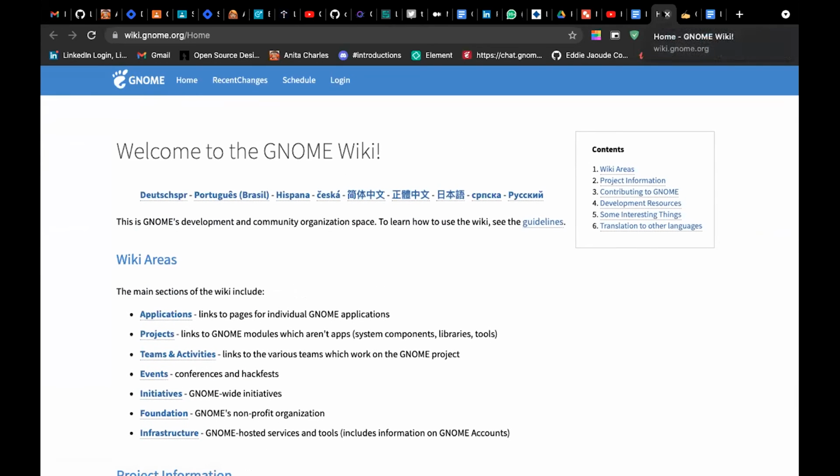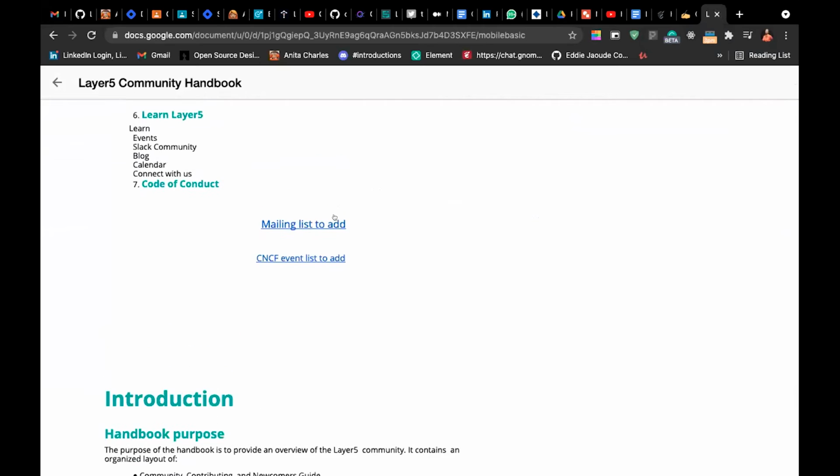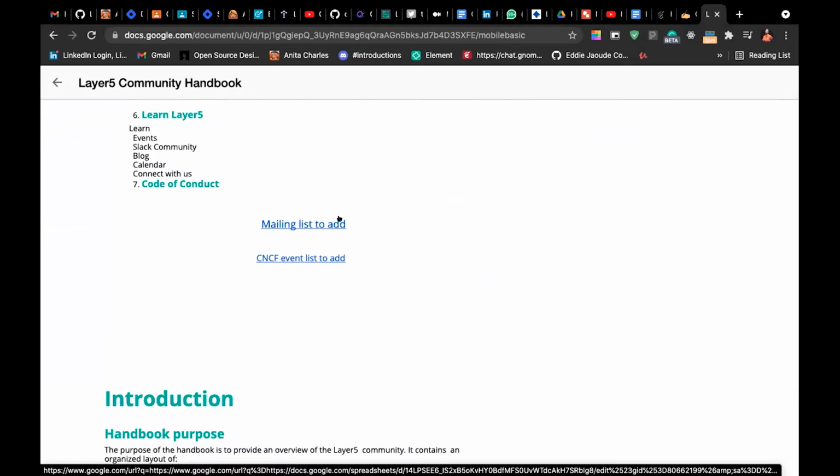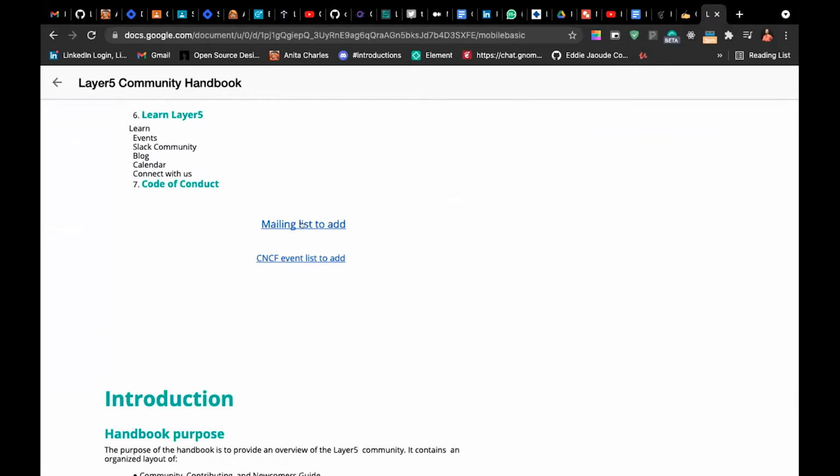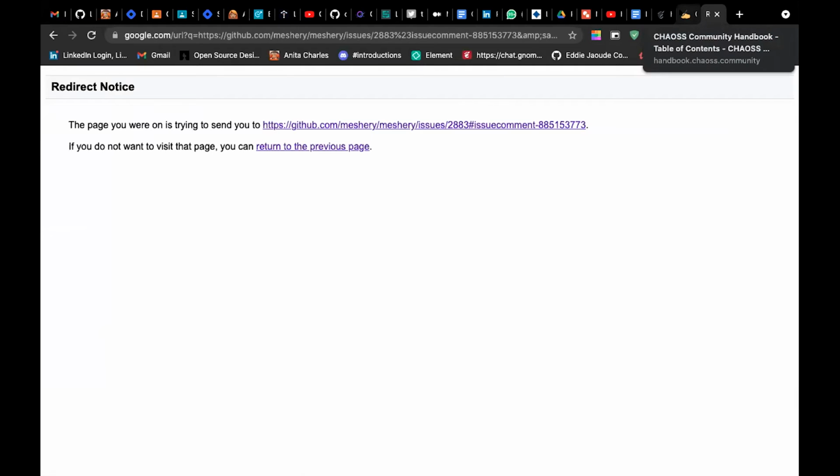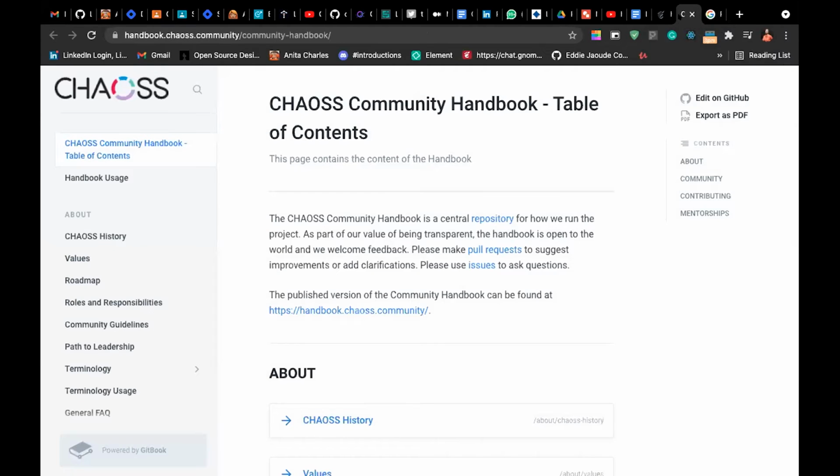So that's what I thought of. And in the community handbook, I also noticed that there are some things missing. Like Lee mentioned the last time, there's a mailing list that we're supposed to include, and also the CNCF event. We've not included this, or the link seems to be broken. This was supposed to be an issue, but from my calculations, it would be better if this exists